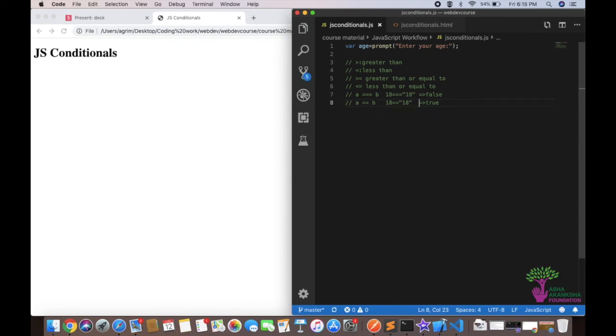And this is the only difference between triple equals and double equals. So now this example was for integer and string. You could compare any two types, and if they have the same value, like we can see they have the same value, you get true with double equals, but you get false with triple equals because this checks your type of the data too, right? So these are the